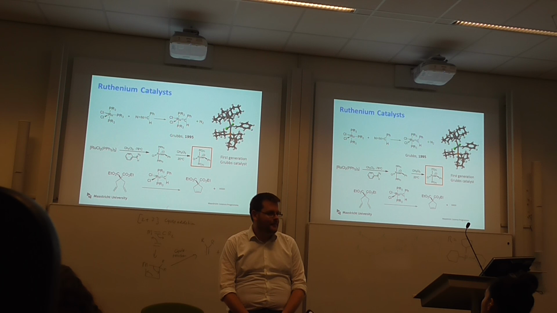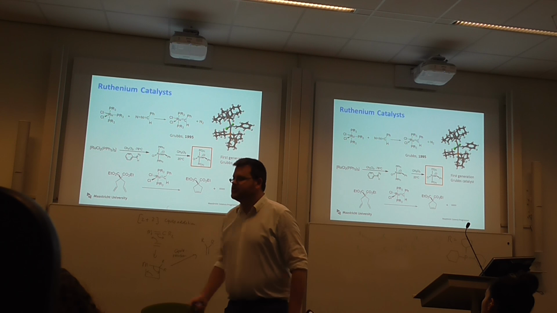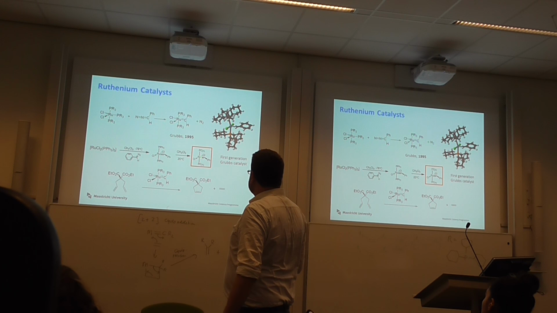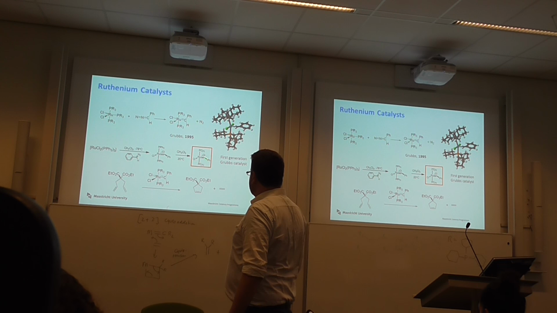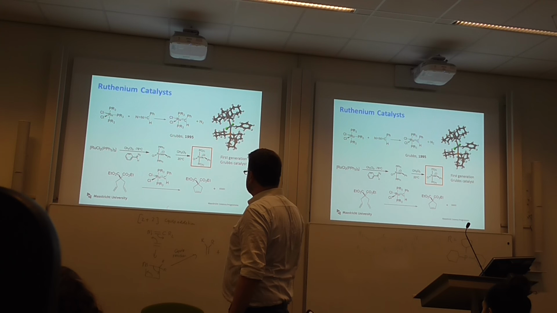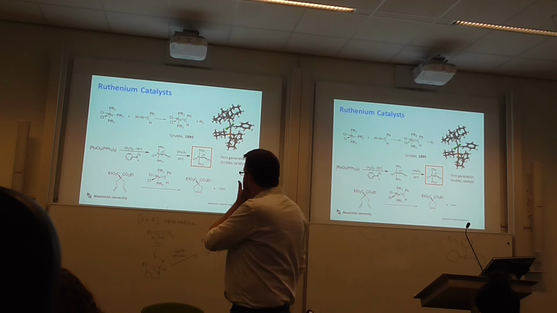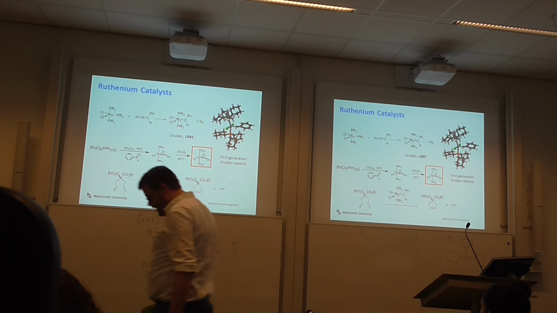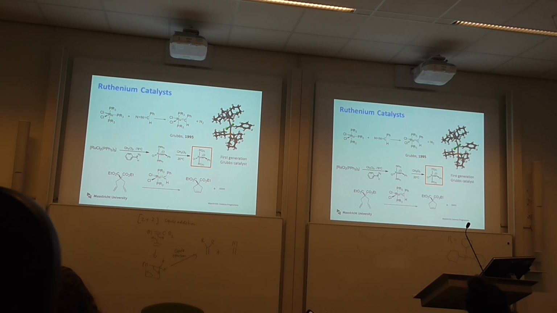It's 16. If it's ruthenium 2, it's D6. If it's Fischer type, that's a 2 electron donor, so it's 6, 7, 8, 9, 10, 11, 12, 13, 14, 15, 16. Now, one would therefore be tempted to say, okay, well, if it's a 16 electron compound, then what would be